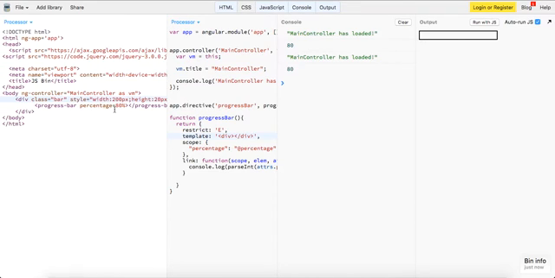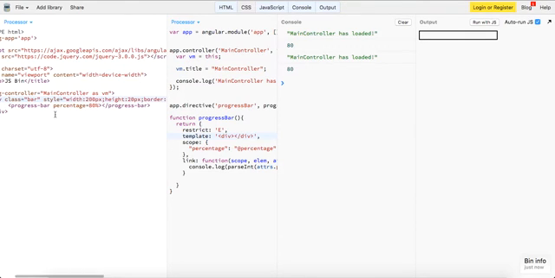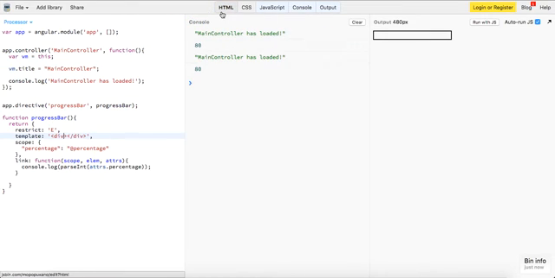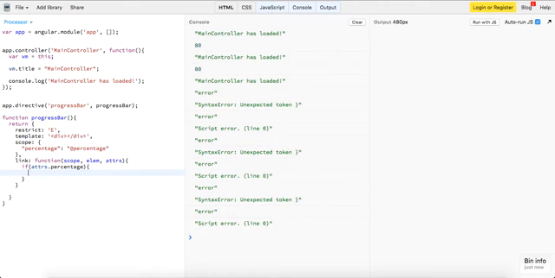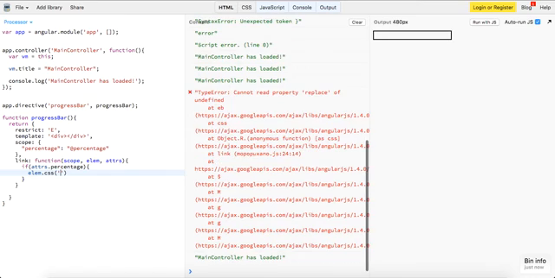So cool. All we need is a bar, and then we can just put progress bar under here. That's our reusable component. And since we have this percentage, we just want to fill it up 80%. So the way we can do this is we can say if there's an attributes.percentage, grab the element, call the CSS function on it, and do